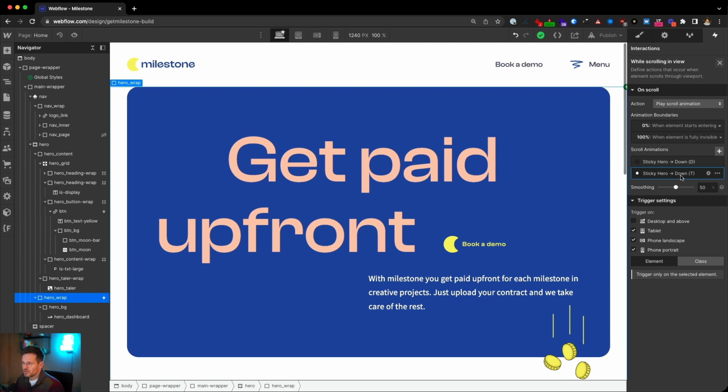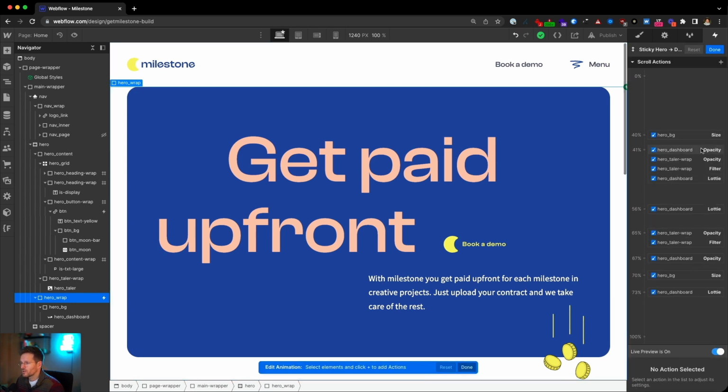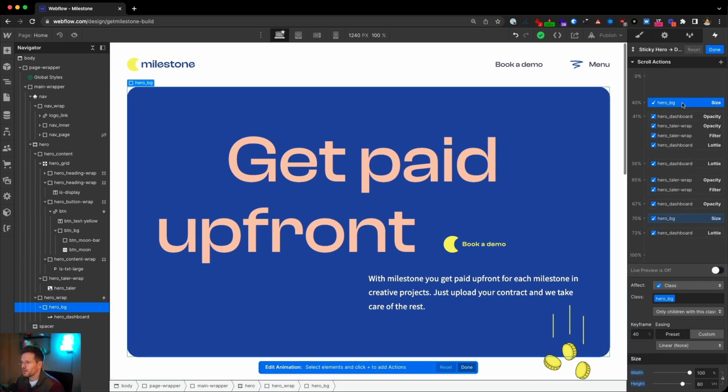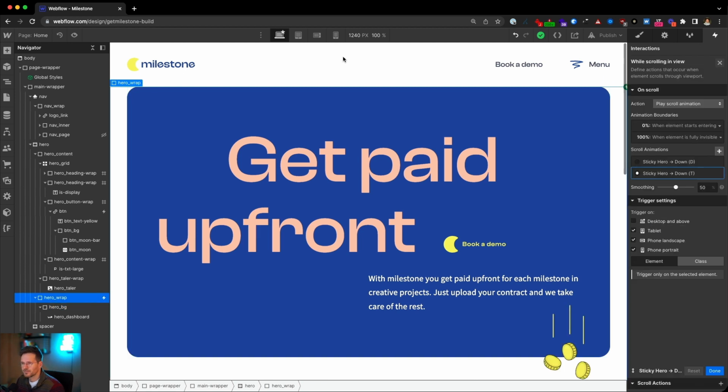But the changes within the animation are actually just minor changes. It's just a hero background that I've changed. So initially it starts with 100% width and 80% viewport height. And now it is 90% and shrinks down to 90% width and 40% viewport height. Before it was, I think it was 60 and 80. So that's actually all I did.